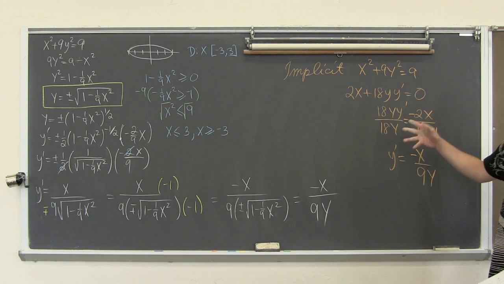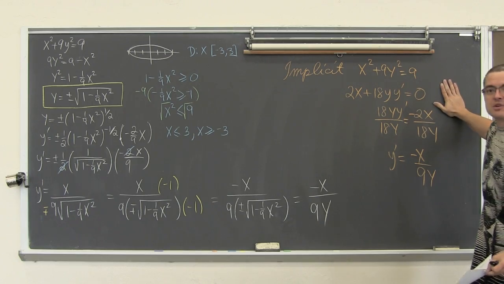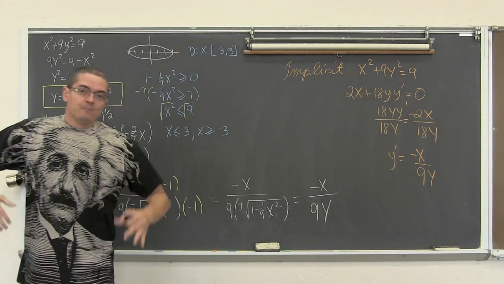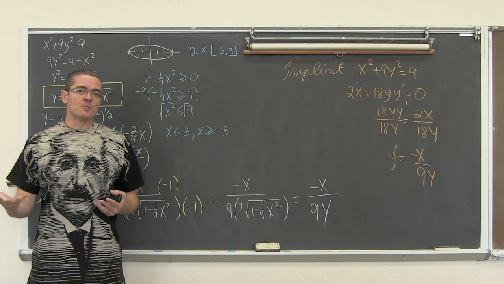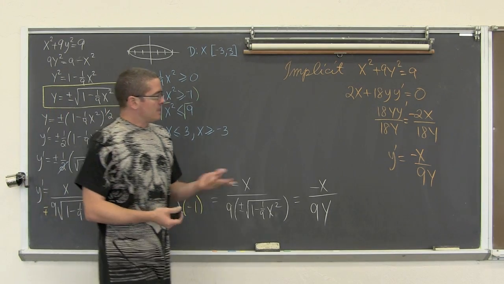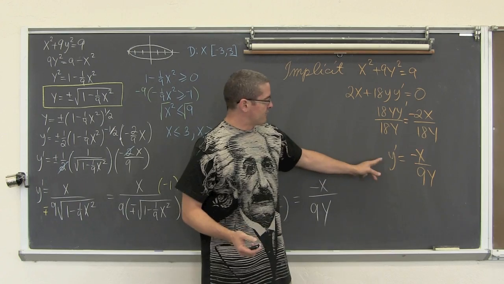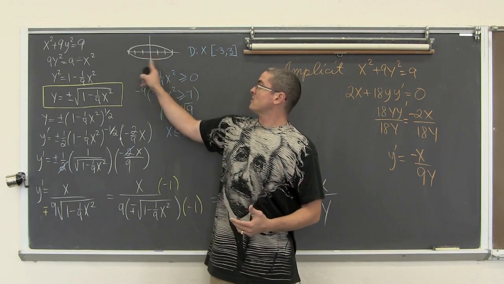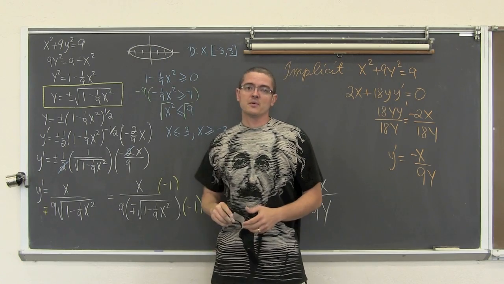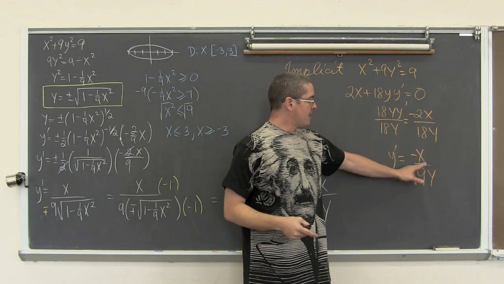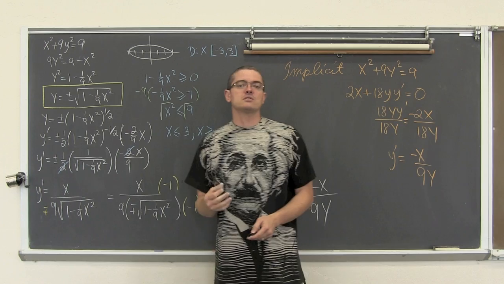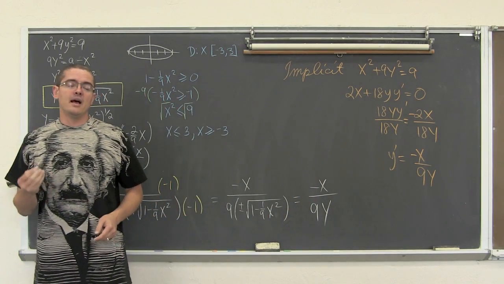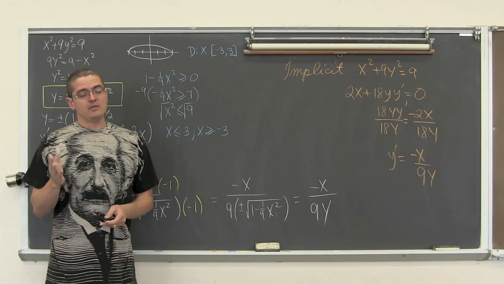Now, I'm going to go ahead and erase this board a little bit. We're going to use this information over here in orange to find some questions about slope. I mean, we find first derivatives to find the slope of the curve at a given point. We can see there's not much of a difference, but a slight difference. When we find the derivative value, when we want to find the slope at a given point, the slope along this ellipse at any point that's within its domain, I need an x and a y value. So all other questions so far in our textbook that have asked you to find the slope of a curve have only needed to give you the x coordinate. What if they only give you the x coordinate?